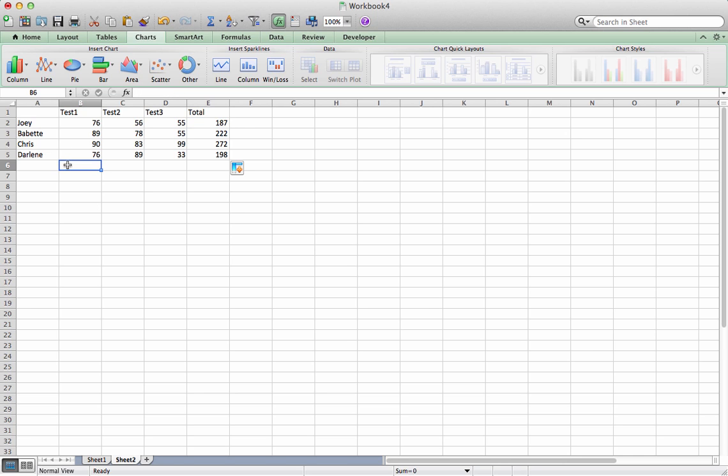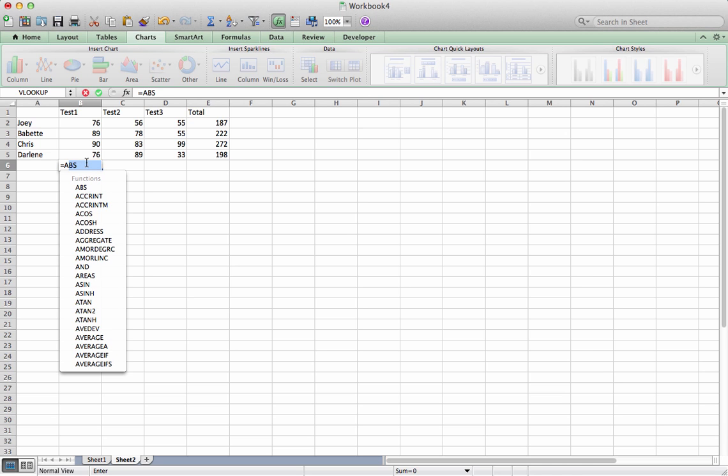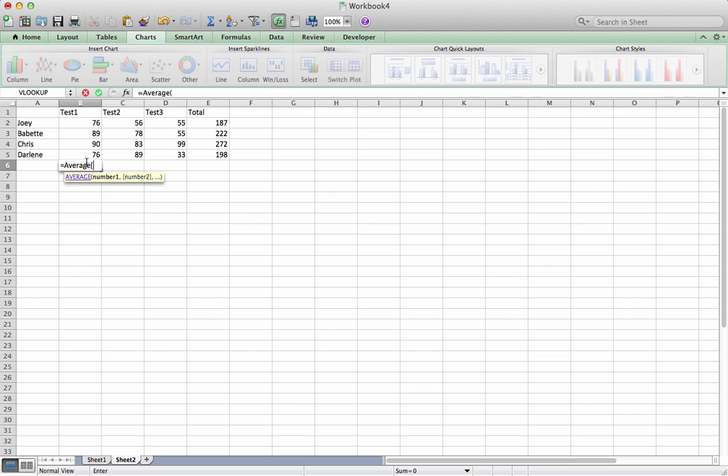So now let's say I wanted to know what's the average score for each of these tests. What I could do is type in equals, and then I have a formula called average, a function. What average asks for is the range of cells. So I'm going to tell it B2 colon B5. Now Excel understands that I want to take the values in cells B2 through B5 and average them,